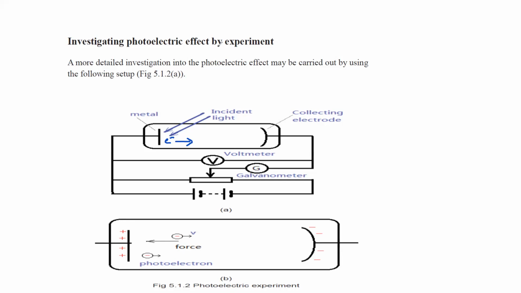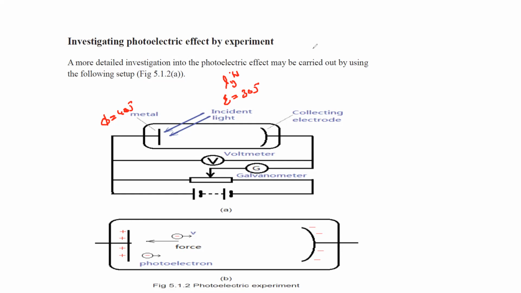So if I say the energy of the incident light is equal to 30 joules and the work function is 40 joules, will there be a photoelectric effect? The work function, the minimum possible energy to remove an electron, is 40 joules. Is there a photoelectric effect? Yeah, that's right, Abdullah. There won't be a photoelectric effect because the energy of the light is less than the energy needed to remove the electron.